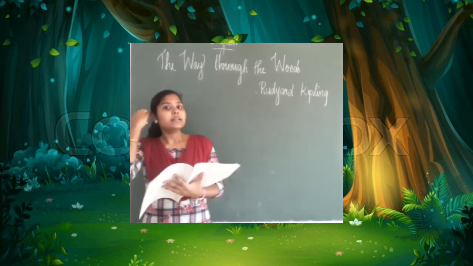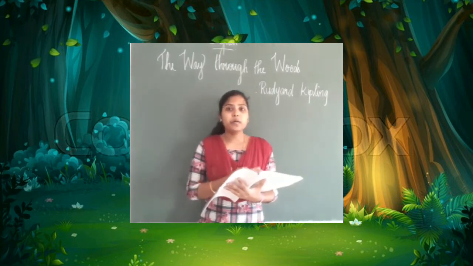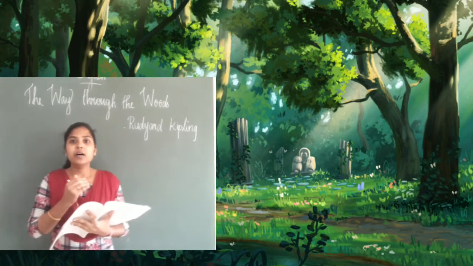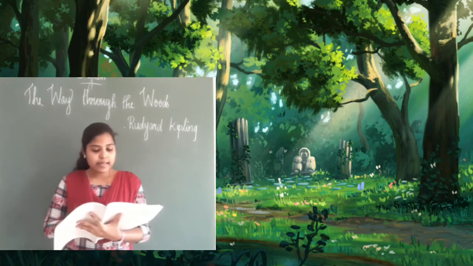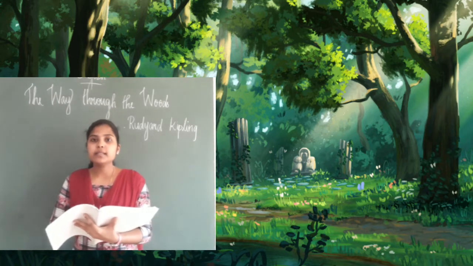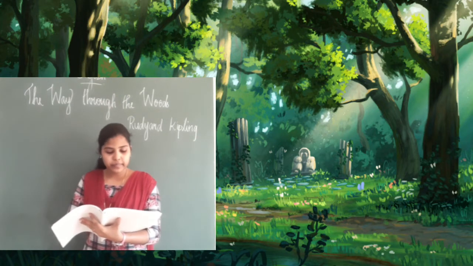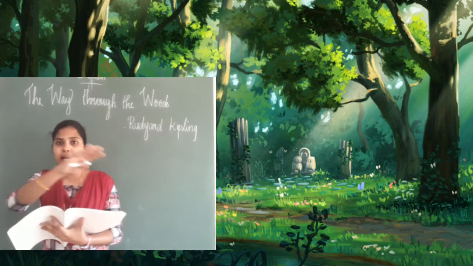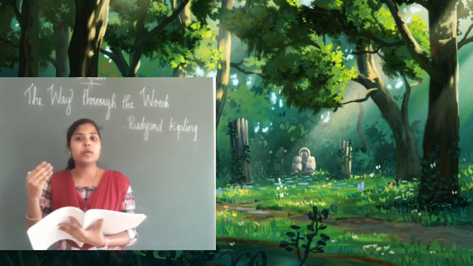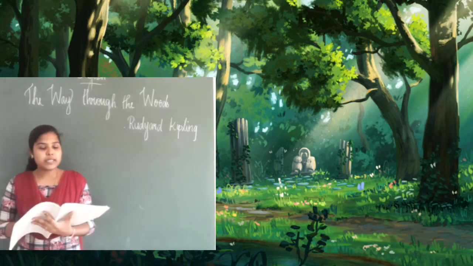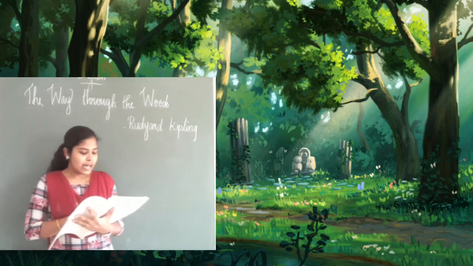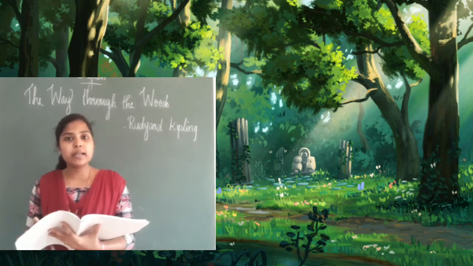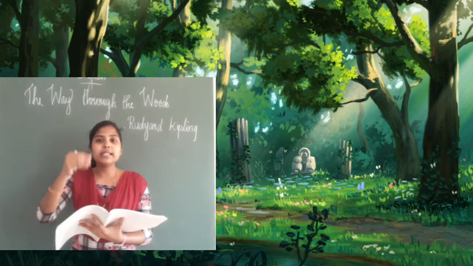And the poet is saying that a few years before, we could find a clear way. There was once a path through the woods. There was a path, there was a way. Before they planted trees in that area, there was a road, there was a way. Before they planted trees, it is underneath coppice and heath. Now, where is that path? Where is that way? It is under the